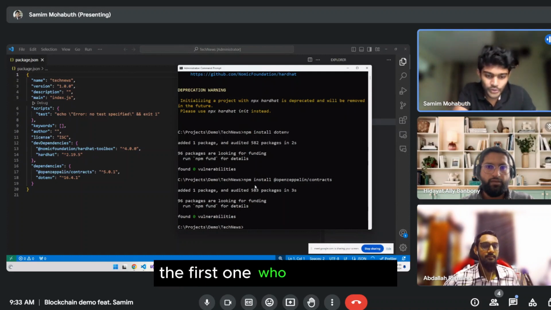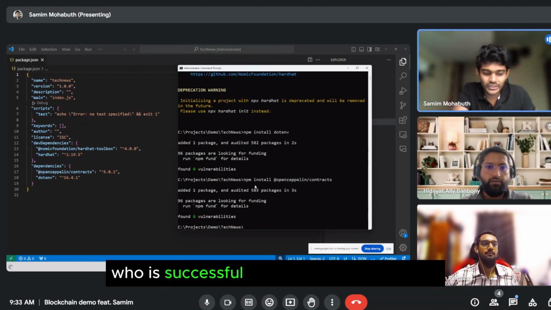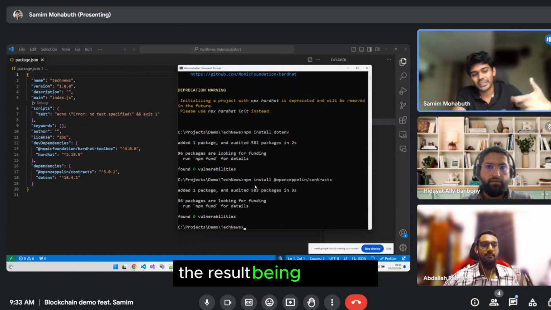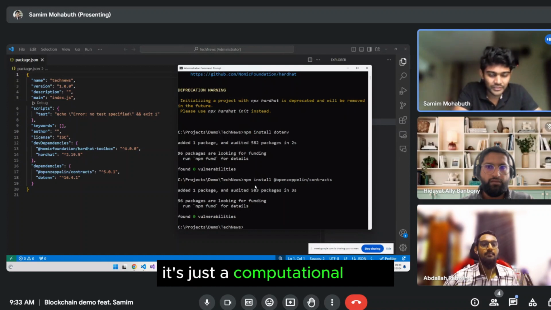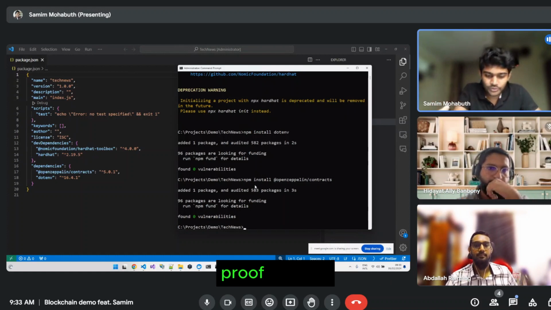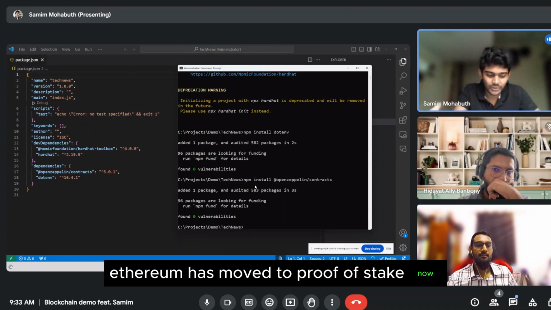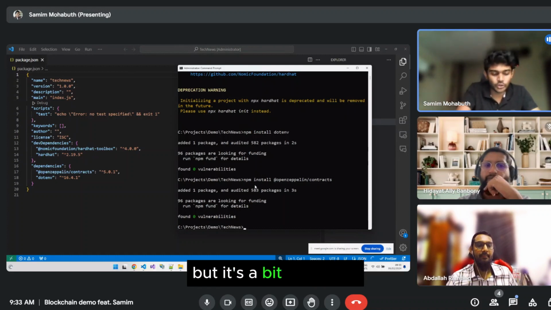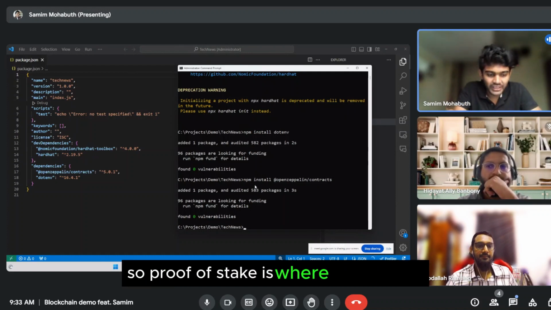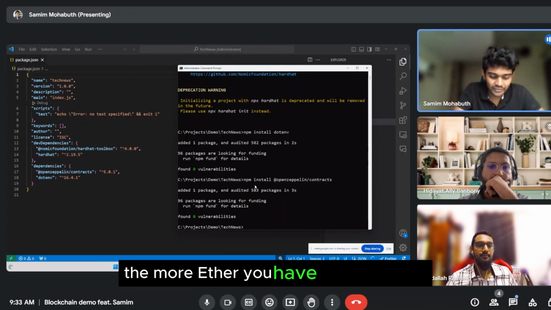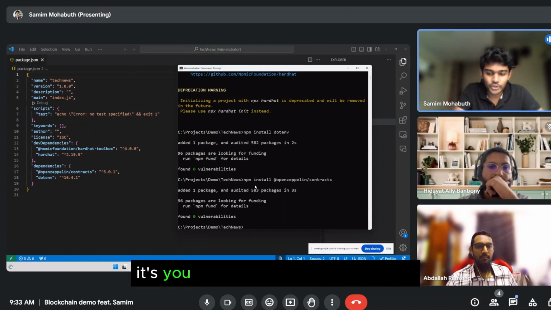So that's proof of work. The first one who is successful in doing the computation and getting the result, the result being announced, it's just a computational value. So the first one gets awarded. That's proof of work. Proof of stake, there's another one. Now, Ethereum has moved to proof of stake. Proof of stake is a bit new, right? So proof of stake is where the more coins, say for Ethereum, the more Ether you have in your wallet, it's you who's going to be